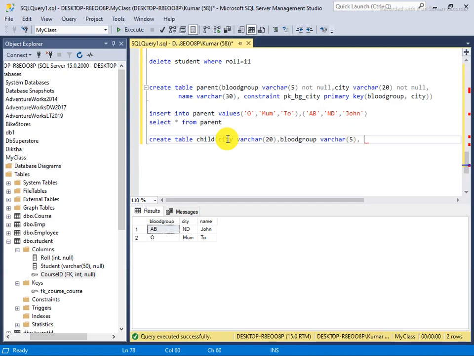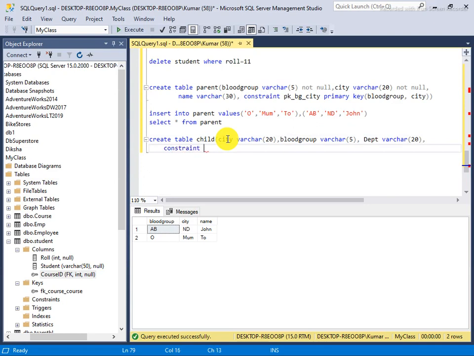And child name, blood group, and I say name of organization varchar, I say department name and its size is varchar 20. Now I apply a constraint.